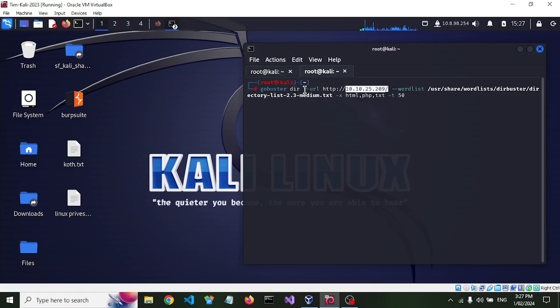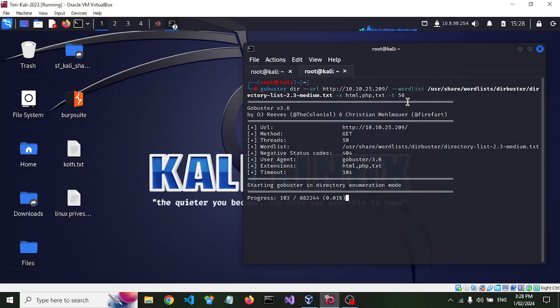So we're doing a directory scan. The URL is 10.10.25.209. The word list we're using to find any directories is the usr share wordlists dirbuster directory-list-2.3-medium.txt, and we're looking for html files, php, txt, and we're doing 50 threads. So we'll run that